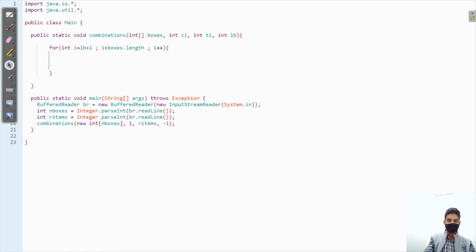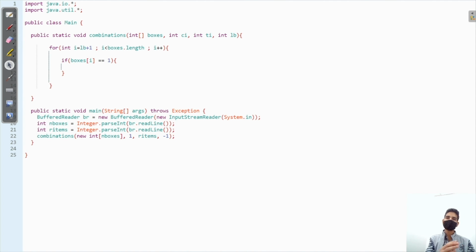Now what we have to do: if boxes of i equals 1, that means this box is already traversed. We have put some item in this box. So basically we will check for 0, that if this box is empty, then we have to do some work.